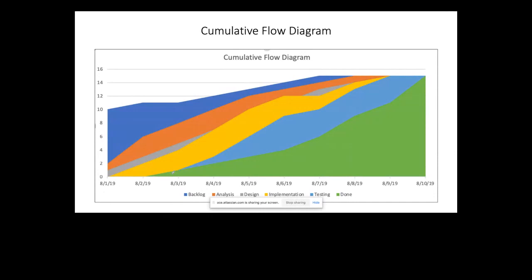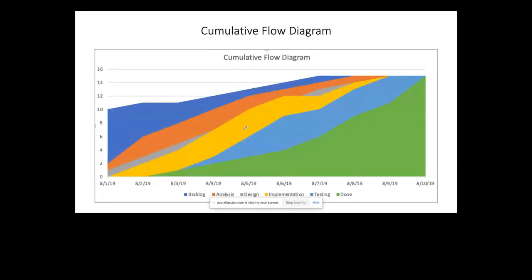to the done, this horizontal line is my lead time. Why? The lead time is from the time a particular issue is created until it is marked as done. That is my lead time. So my horizontal line in a cumulative flow diagram is my lead time. And then from the time a ticket starts the work, that's my analysis state, so analysis is my next state. From the time a ticket moves to the analysis state until it is marked as done, this is my cycle time. Lead time and cycle time are shown as horizontal lines.